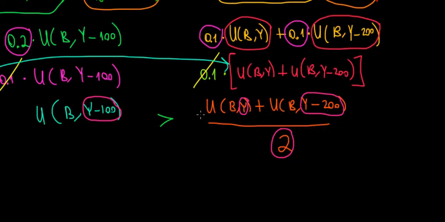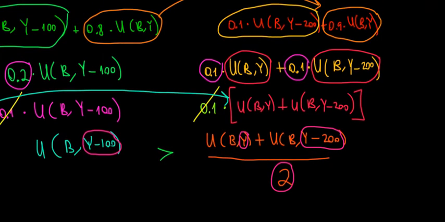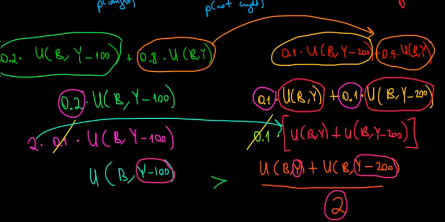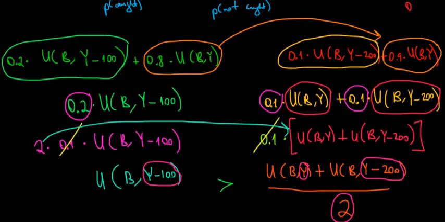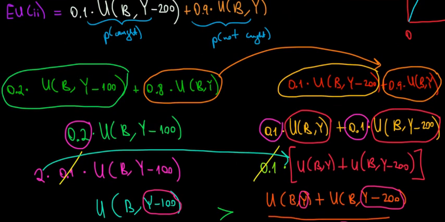In other words, what can we see here is that the expected utility from the first policy, because that's what we compared so far. We did all these things to see which one has a higher expected utility. Well, the first expression is the expected utility from the first policy. The other one is the expected utility from the second policy, and we just saw and we proved that the expected utility from the first policy is greater, meaning that the expected utility of the second policy is lower,